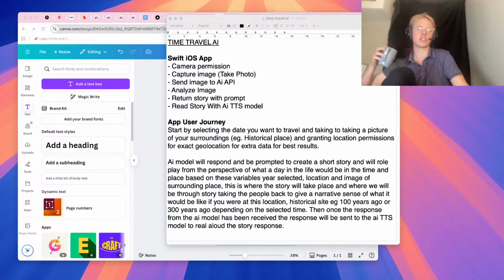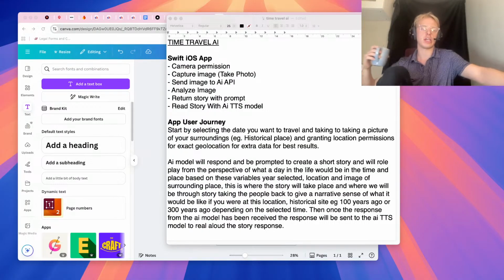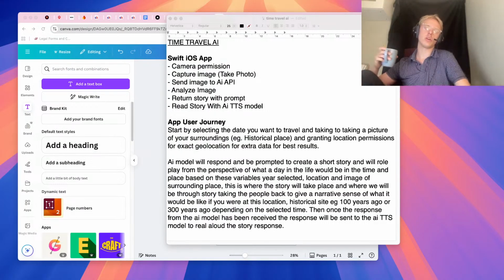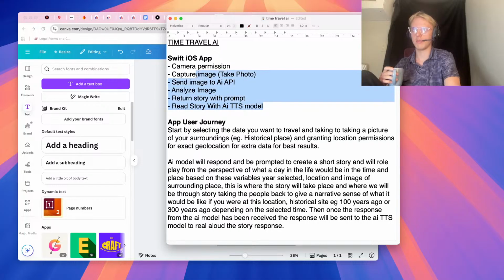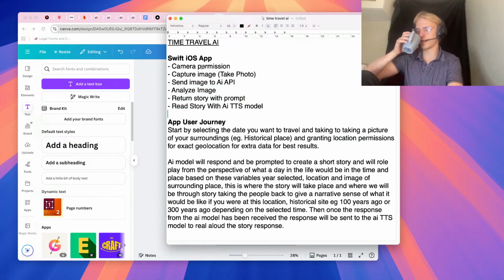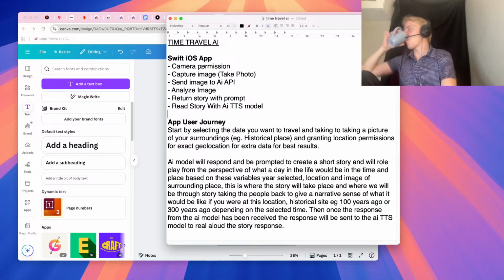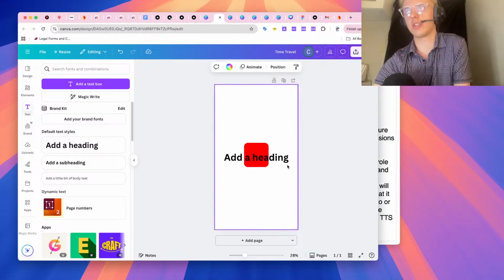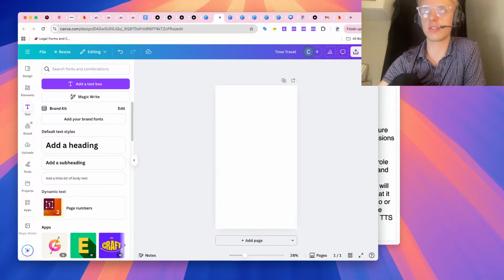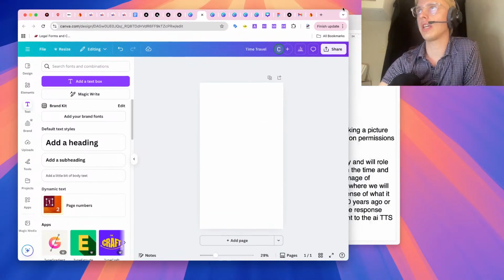It works like this, and then they might tell me how it can be done. But since I know what type of components I'm going to be working with, as you see right here, an image analyzer, a TTS model, basic camera permissions,